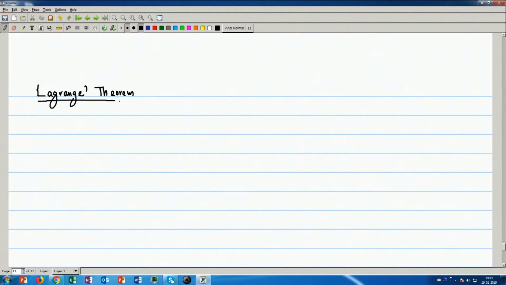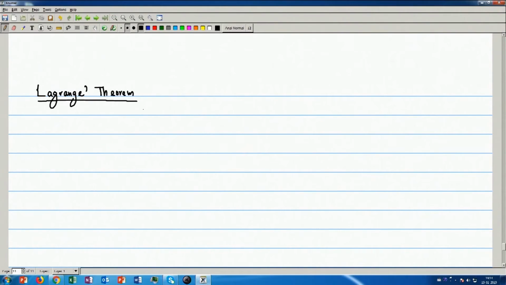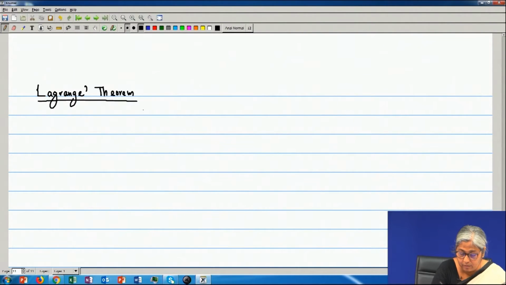Now, Lagrange's theorem tells about the property of the order of a group. If we remember the order, we have defined that as the size of a group, and the group must be finite, otherwise there is no concept of a size. So, we can write that any group of prime order